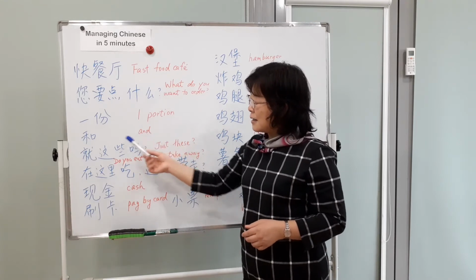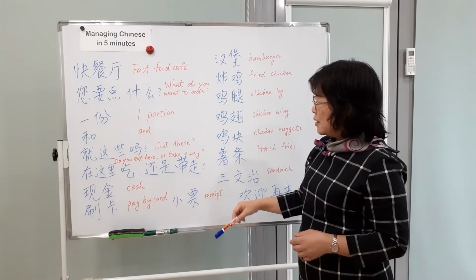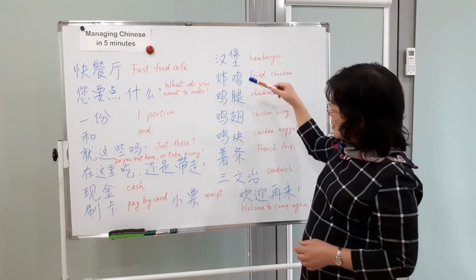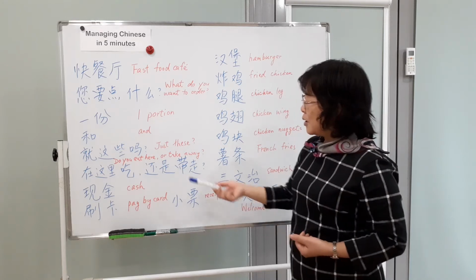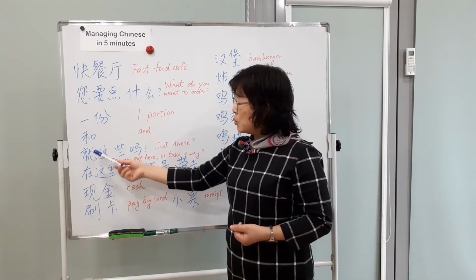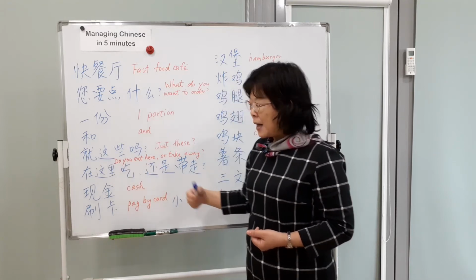So "and" is 和. After asking for something, then people ask, anything else or just this? 就这些吗？